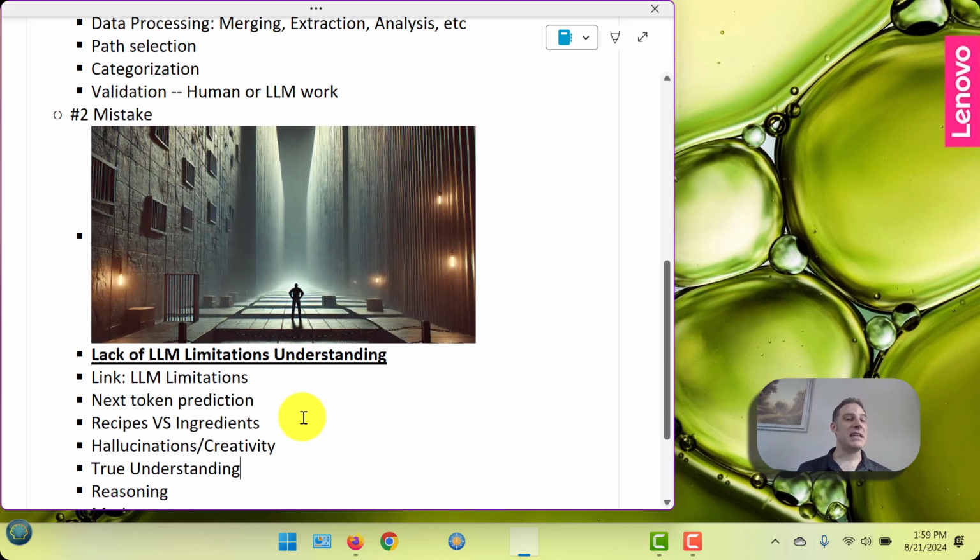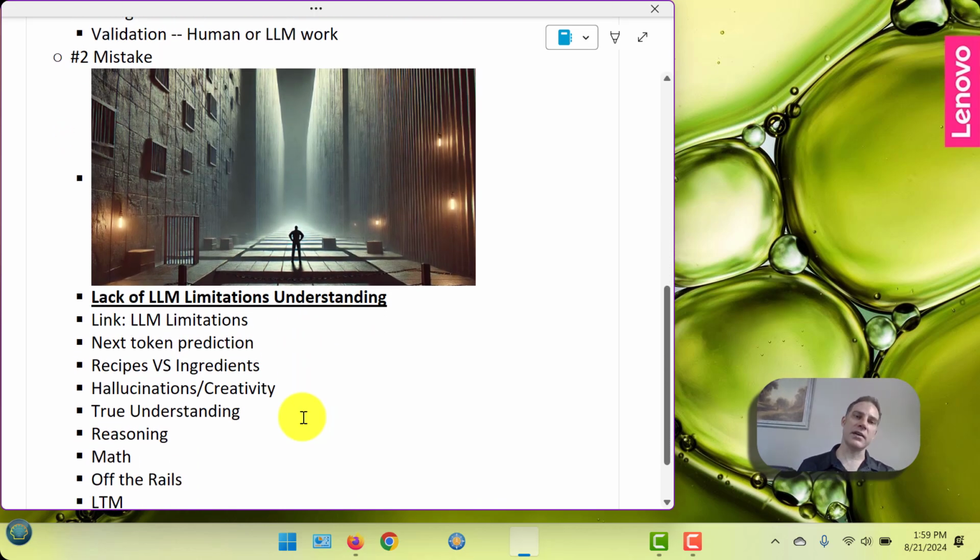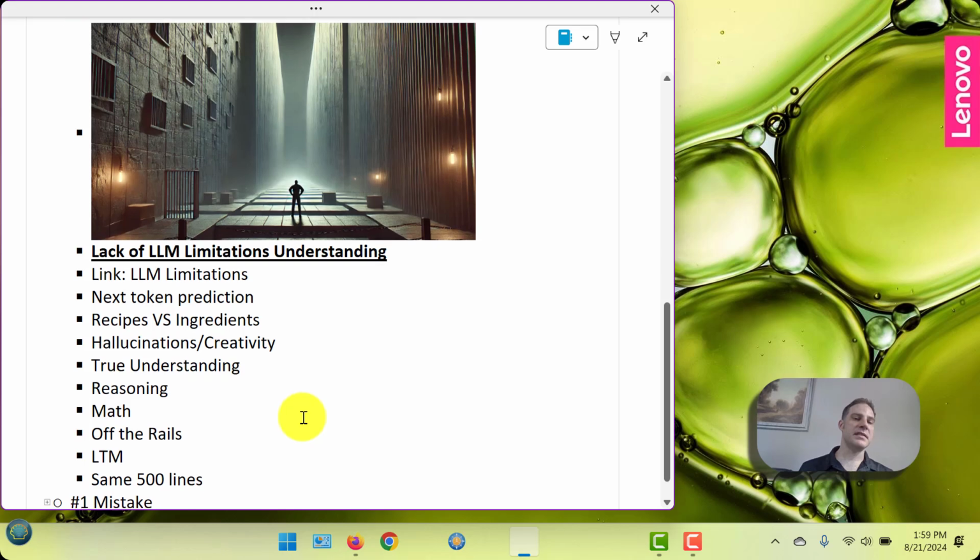Lack of understanding of LLM limitations. So this is kind of on the other end. This is where they think the LLMs can actually do more, which actually sets somebody up for failure. And this is directly relevant also to something like Microsoft Copilot. They're like, oh, we checked that AI box by doing Microsoft Copilot.